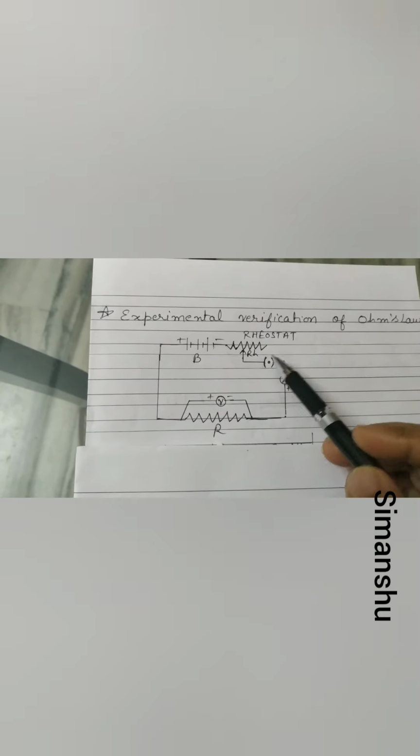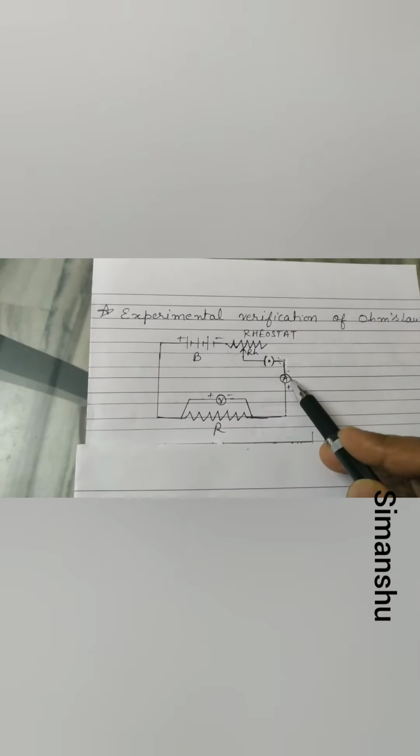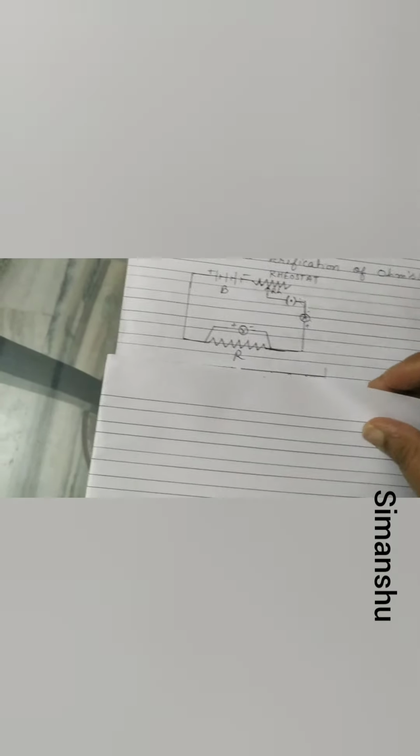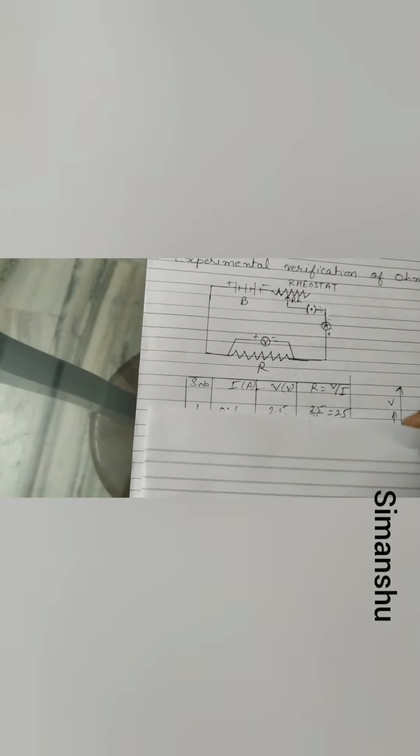So it is an easy setup. In the beginning you have to switch it on. Okay, insert the key here. Then from the voltmeter and ammeter you have to take the readings. Then put these values in a table. I made a table. Here I wrote the serial number. Here the value of current, whatever is indicated by the ammeter. In the second column, the value of voltage, which we note down from the voltmeter. Then here we have to take the ratio.